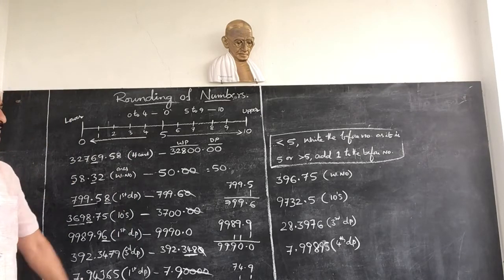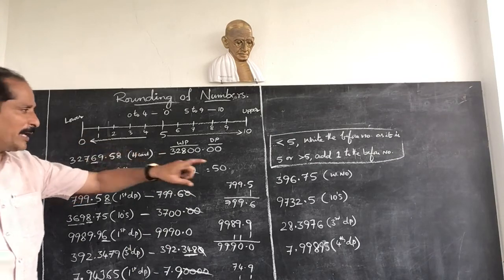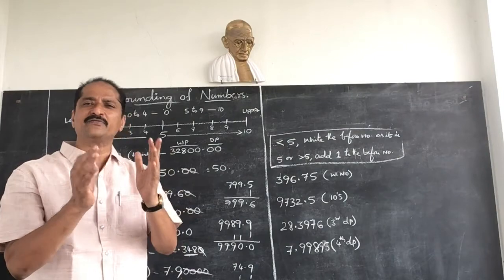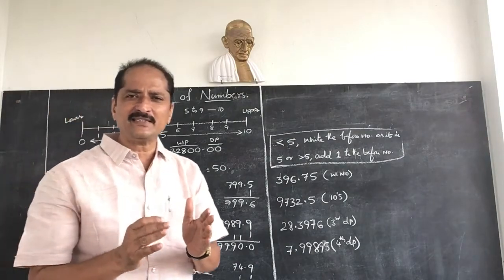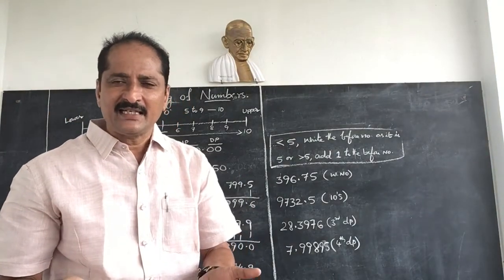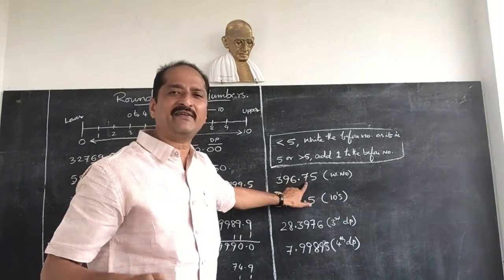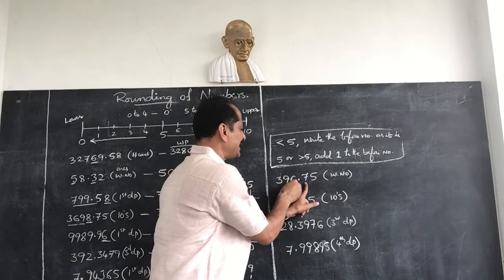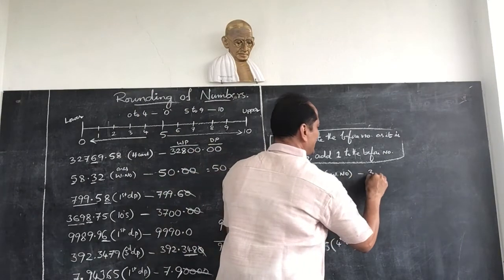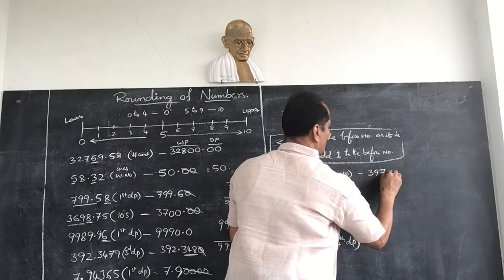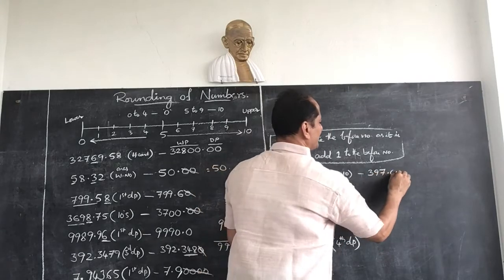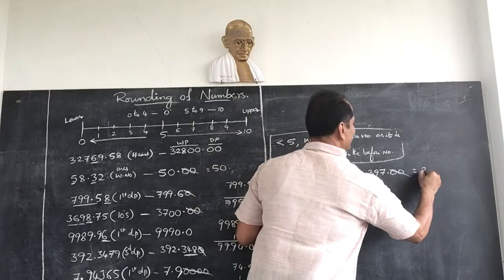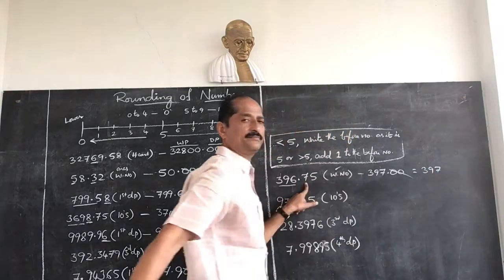Okay, rounding off numbers. Now round off this number to the nearest whole number place. Whenever you are rounding this number to the nearest whole number place, it means ones place. Next lower than ones place, tenths place. Digit in tenths place, 7. 7 is more than 5. So you add 1 to the before number. Before number 396, add 1, 397. So 0.2 zeros. For these 2 zeros there is no value. That is, the whole number part is not open. And that means it is rounded off to 397.